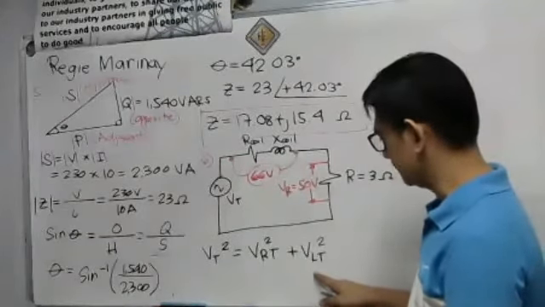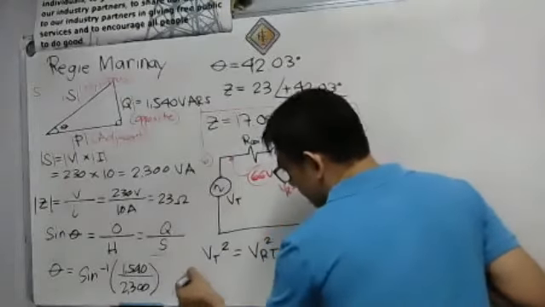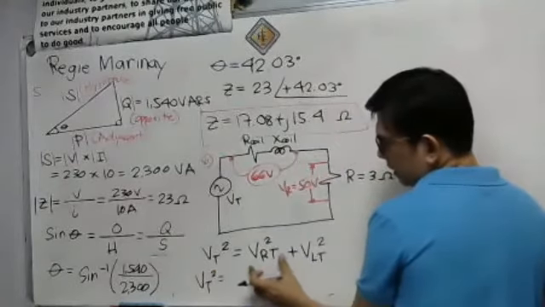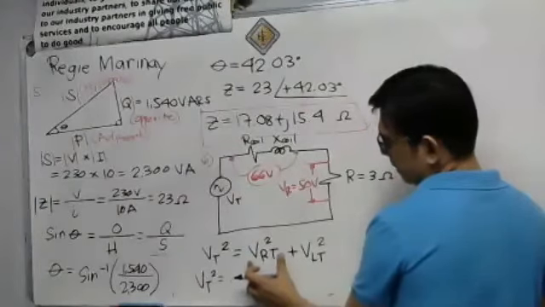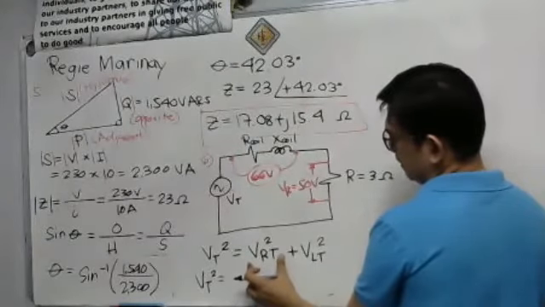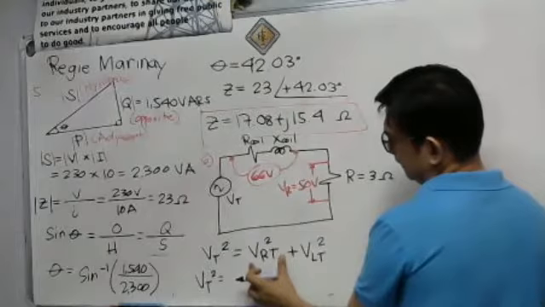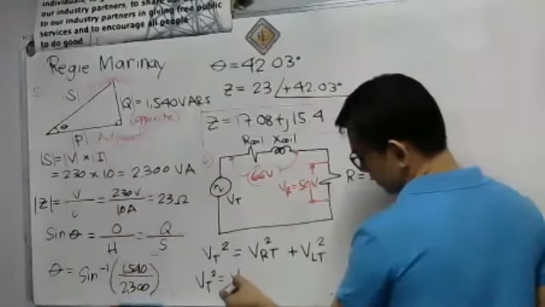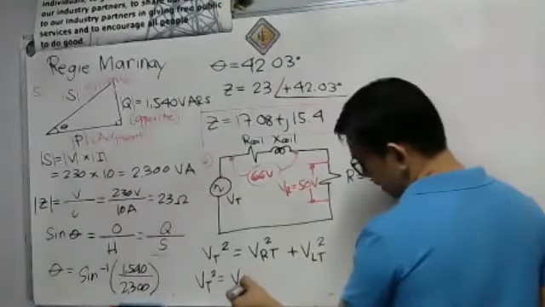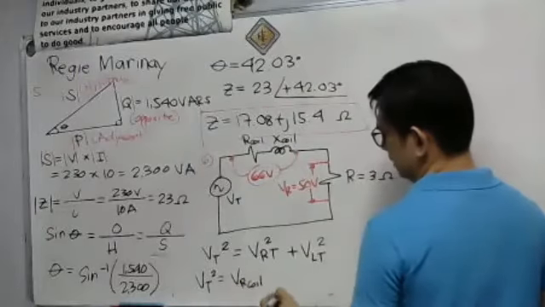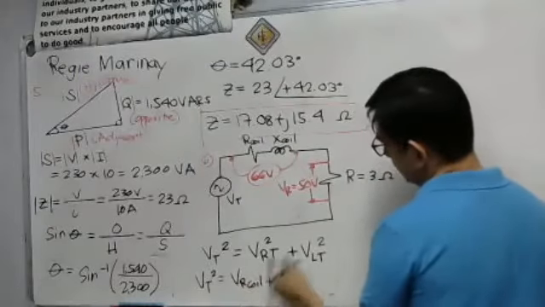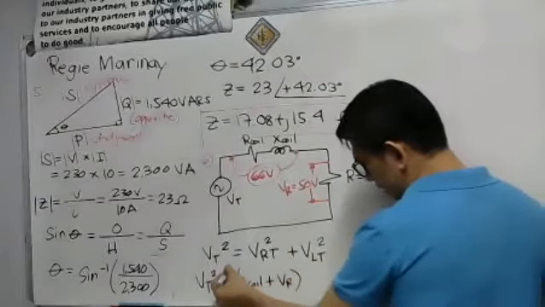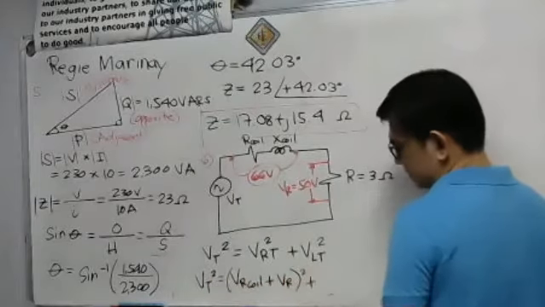What is our VR total here? Our VR total would be the VR of the coil, and then plus the VR of the pure R, that quantity squared, then plus